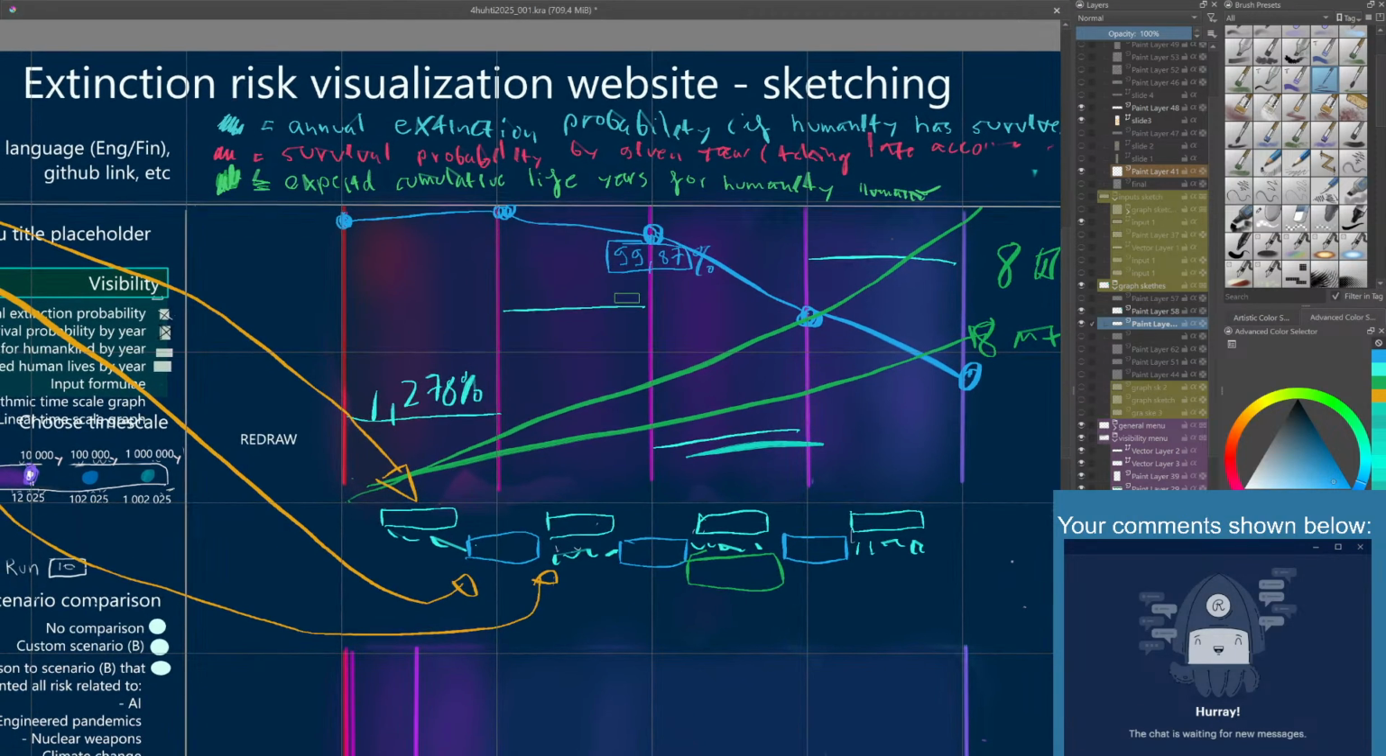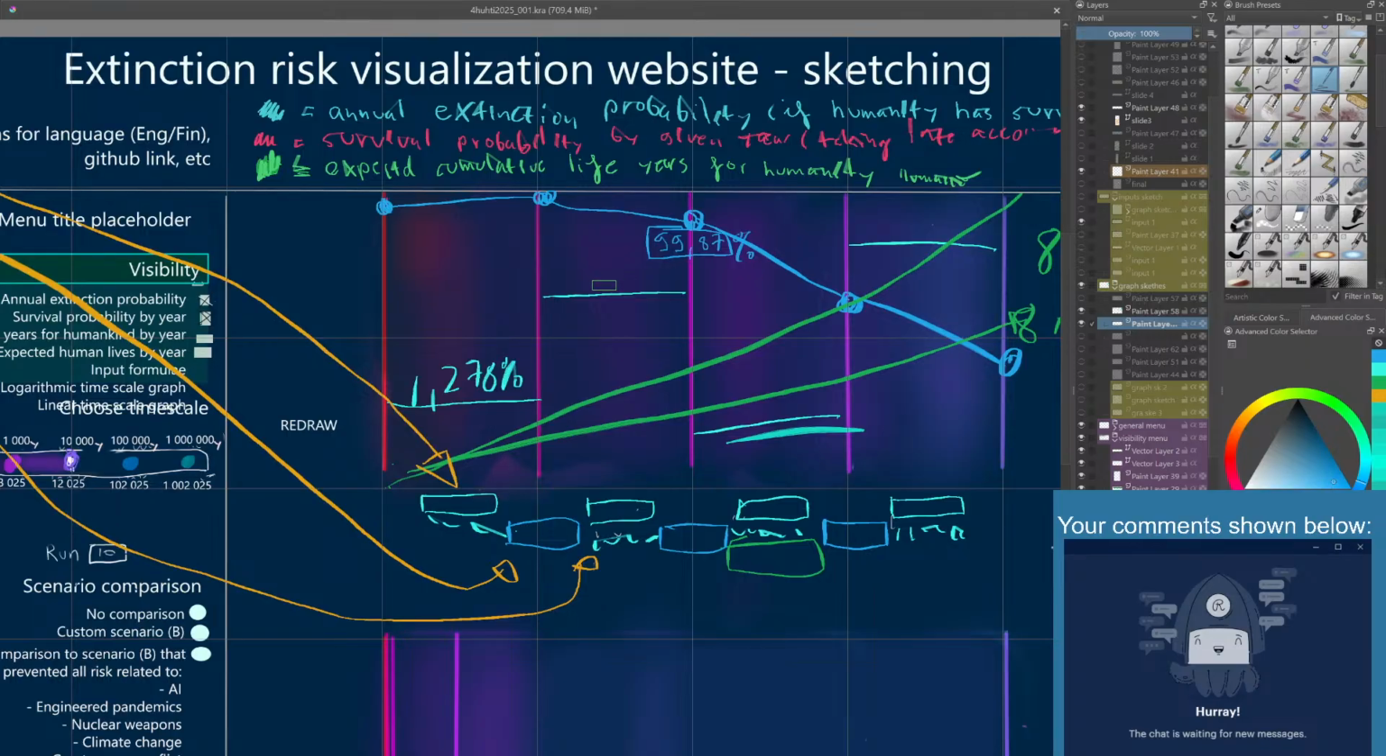Yeah, I'm not sure if I need numbers inside here or not. Or would it be enough to just have some kind of A and B things, and I could have like